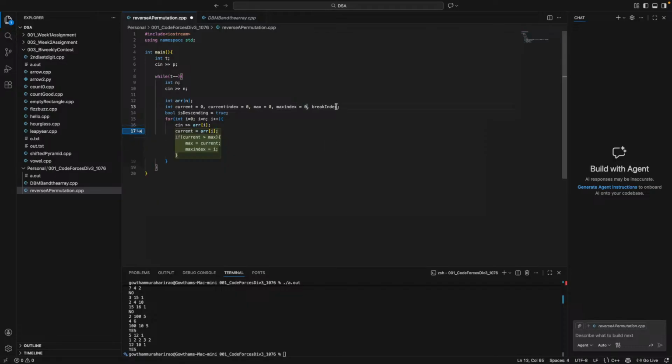And I'll keep incrementing the current index value, or current index is just I, right? My bad, I don't need this. So max index is by default 0. If current greater than max, max equal to current, max index equal to I, that's a correct thing. In the else case, wait,